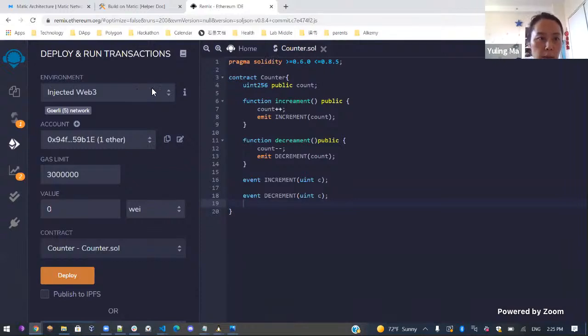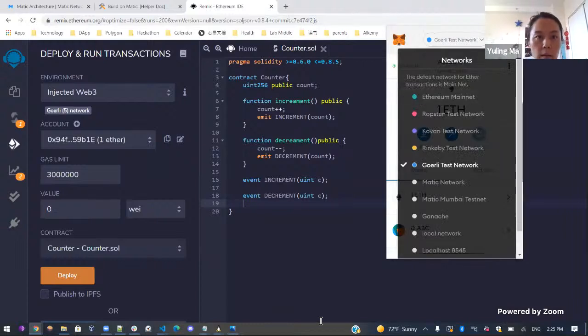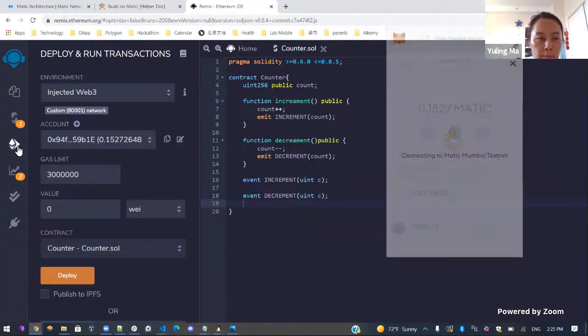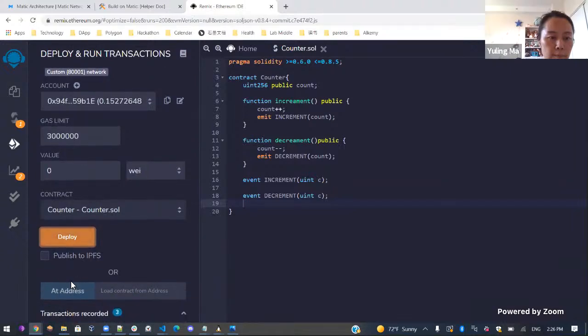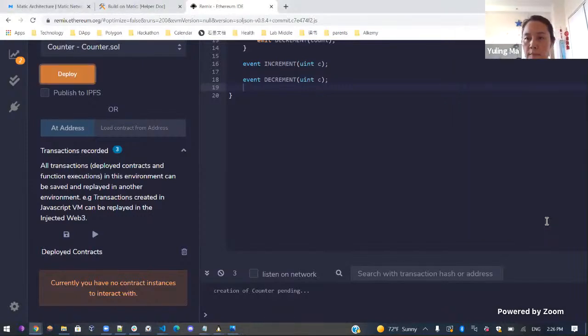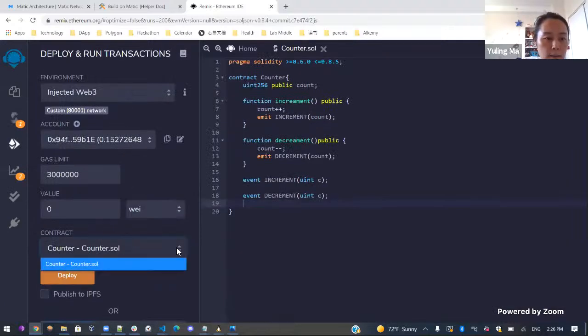Okay, I wonder what is going on here. Let me just try. Creation of counter pending. Okay,